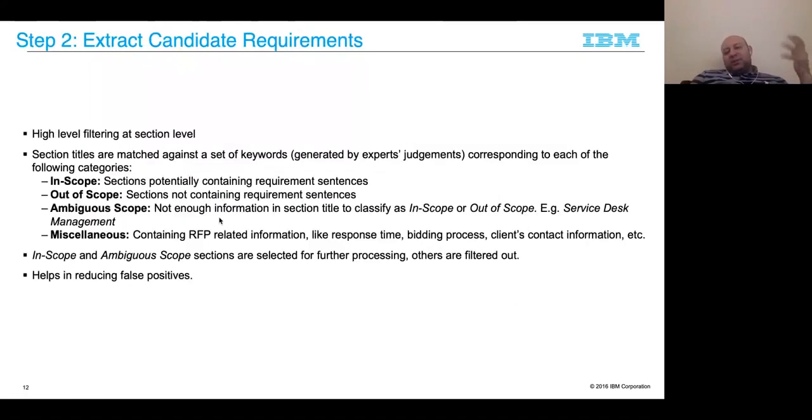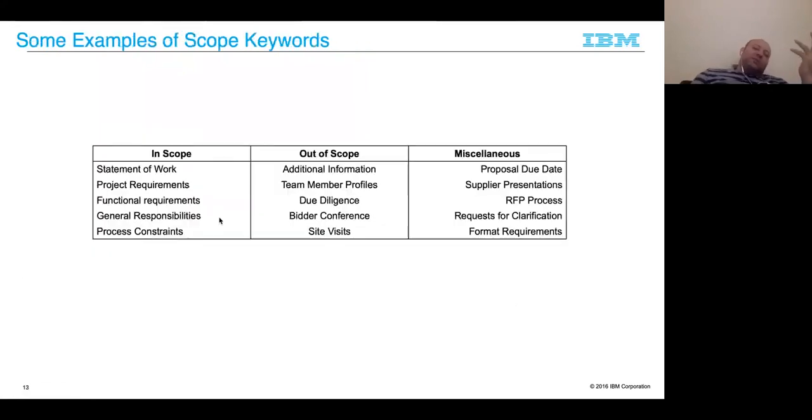How did we do such classification? We found that the best way to do that is to use bags of words. And we do all other sorts of text mining that you might know of as well, but using a bag of words, that keywords that we extract from experts turned out to work best. And these are some examples here. So when you have a statement of work, project requirements, functional requirements, you know that this is in scope. When you have proposal due date, RFP process, you know that this is miscellaneous. So we try to classify each section what it is exactly based on such keywords and their frequencies and so